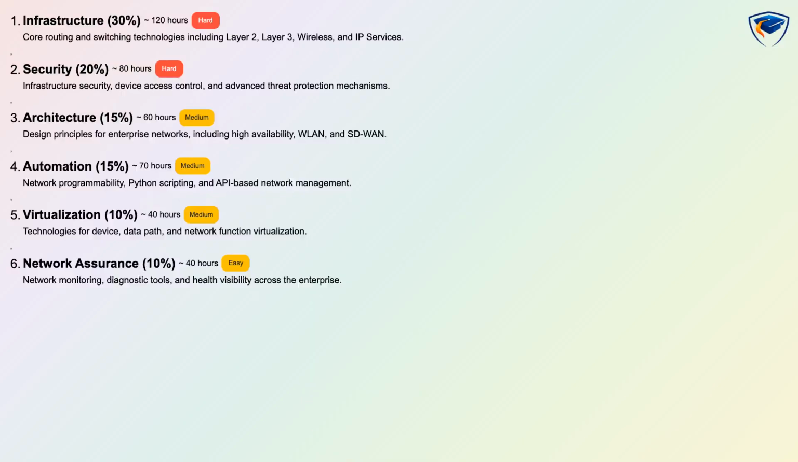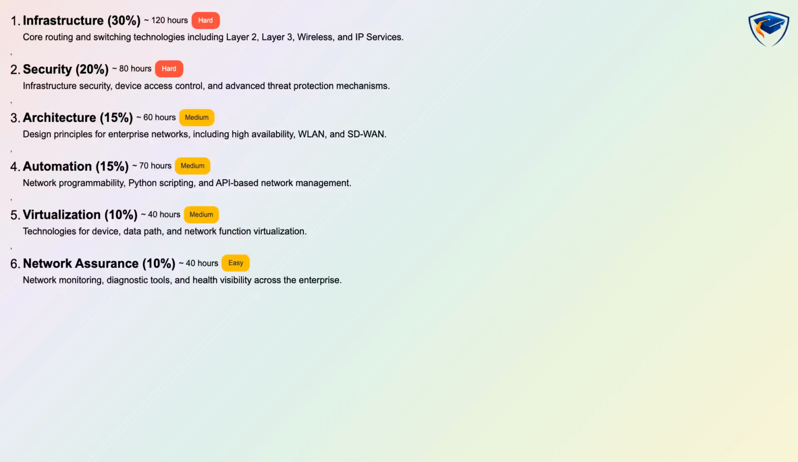Overview of domain weights. Infrastructure is 30%, security is 20%, architecture is 15%, automation is 15%, virtualization is 10%, and network assurance is 10%. Each domain lists difficulty, estimated learning hours, and assessment style to help you plan study time precisely. Use these weights to prioritize hands-on labs for higher weighted and harder domains while reserving time for conceptual review